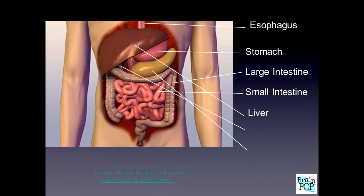All right. The other organs involved, but again, food doesn't go through the liver. The liver just helps produce bile. The gallbladder is tucked underneath the liver over here to store the bile. Pancreas, I got it. And then the pancreas helps produce some of those enzymes for digestion. So the pancreas has to do with the endocrine system and the digestive. Kind of like the liver is involved in the